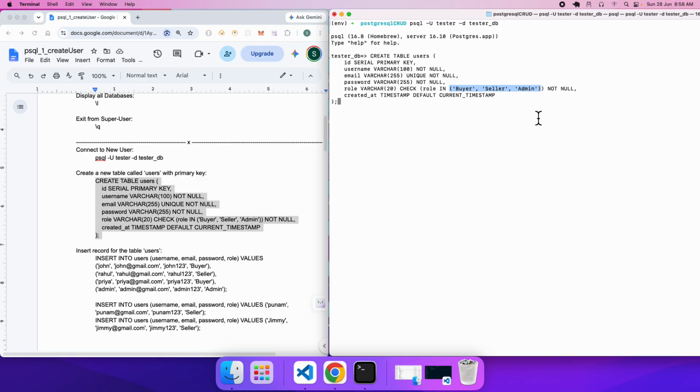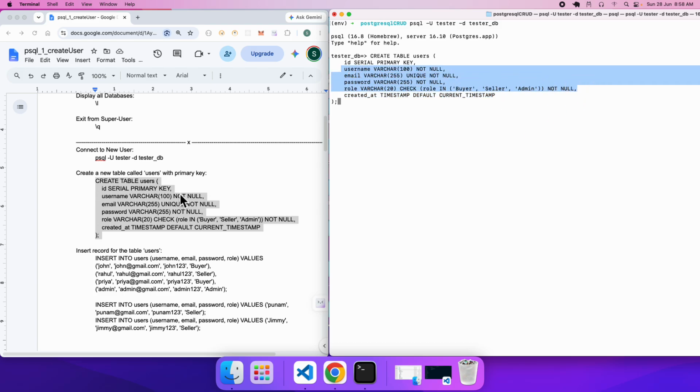Nothing outside these three roles, and that is what the check constraint is. So the role attribute has to follow any one of these three types of role. Okay, and finally we have created_at, and it's going to be the current timestamp. So this particular field also I need not give any value. So basically ID and created_at, these two I don't need. The rest of the four I have to give, and there is a constraint as well which you saw just now,